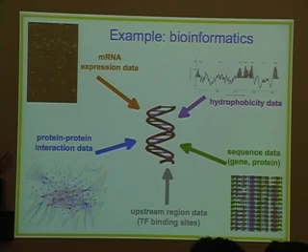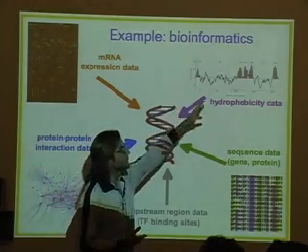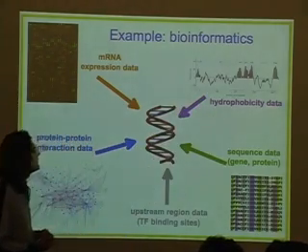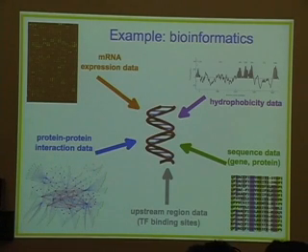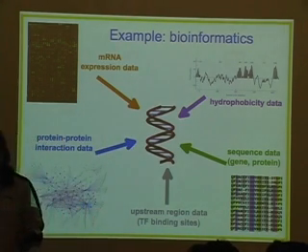So we might also have information about how the hydrophobicity of the different amino acids varies with the length of the protein here. But again, the bottom line is we don't have just a vector of numbers that we try to classify. We again have a diversity of information that we try to use and integrate to predict the function of a specific gene or a specific protein.